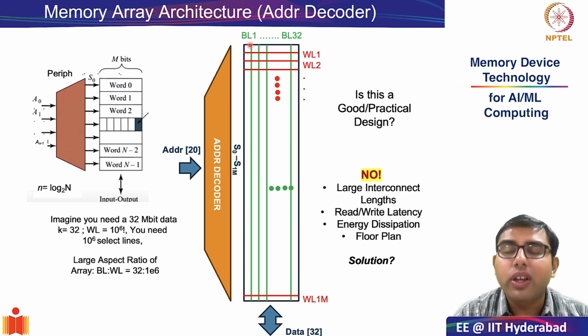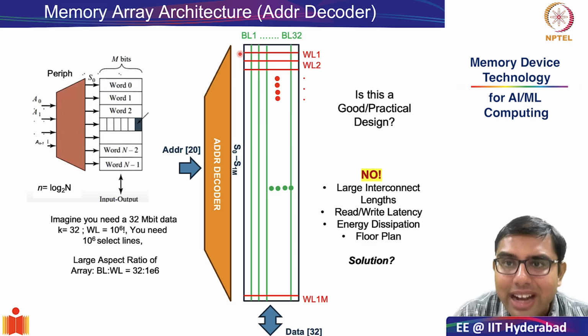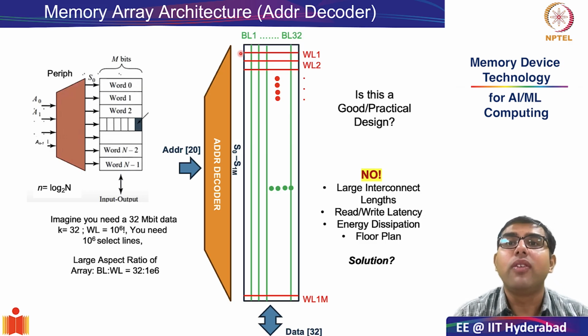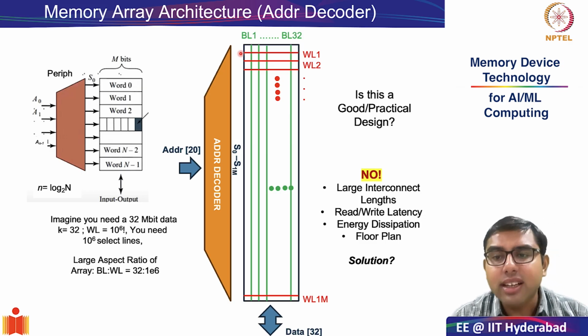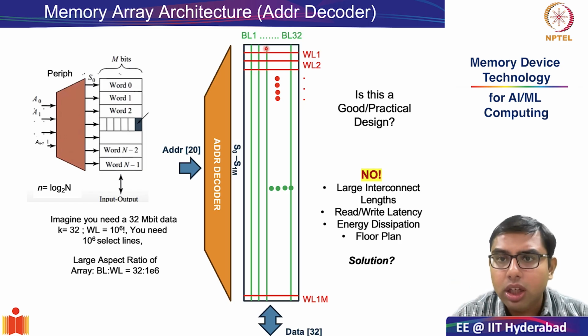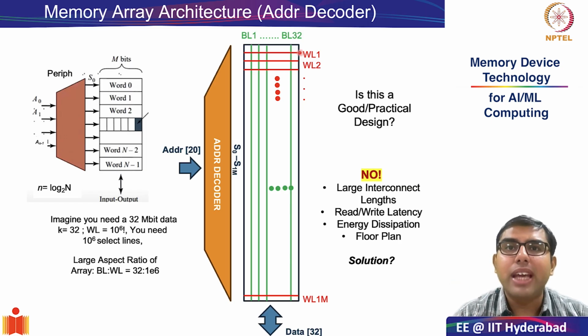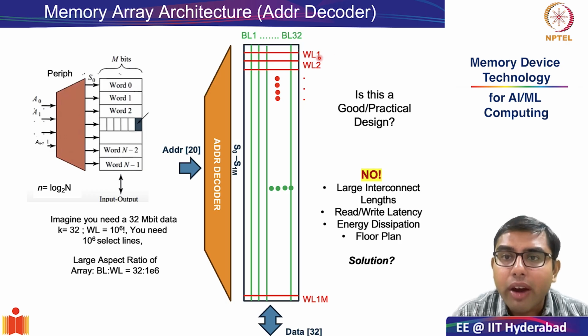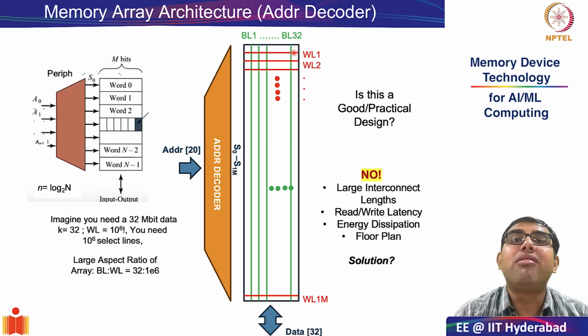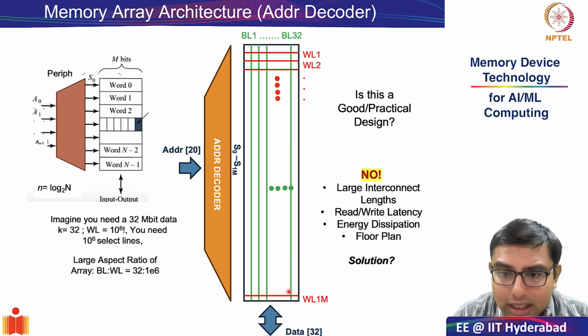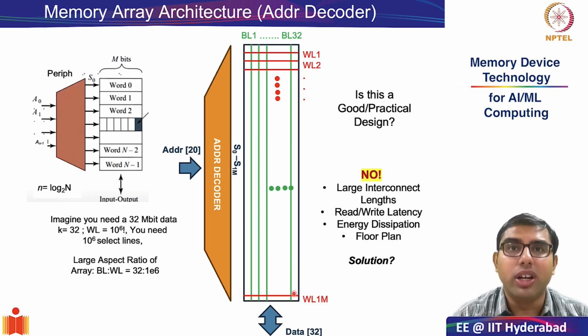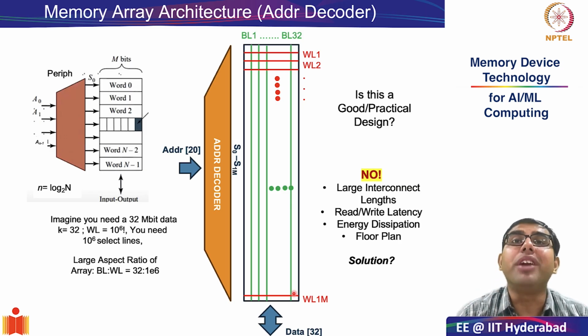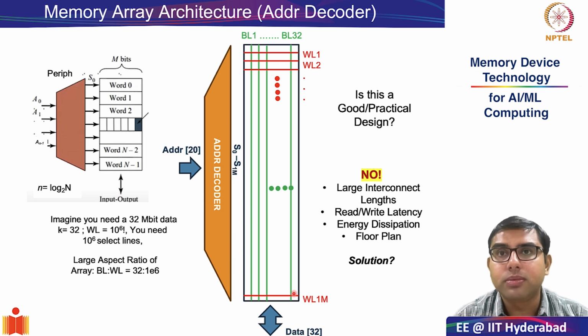As you can see, the green vertical lines are very, very long compared to the red horizontal lines, which are representing the word line. As a result, try to imagine that the amount of time it will take to read out or write the data from the first word will be drastically more than what will happen in the millionth word, right? And this will cause a huge amount of read and write latencies.